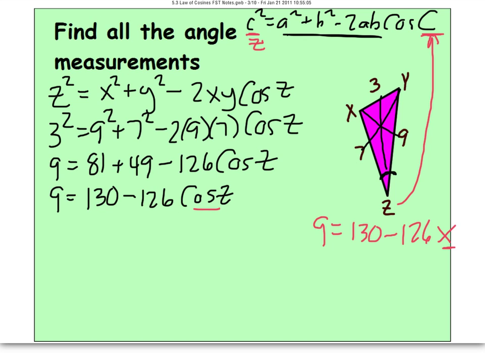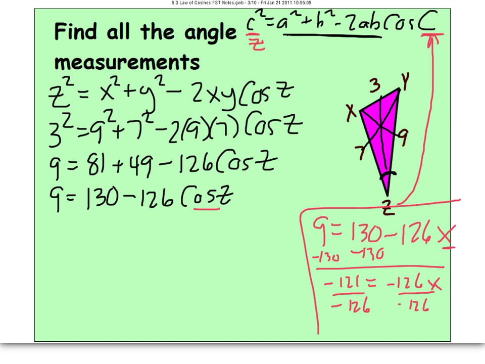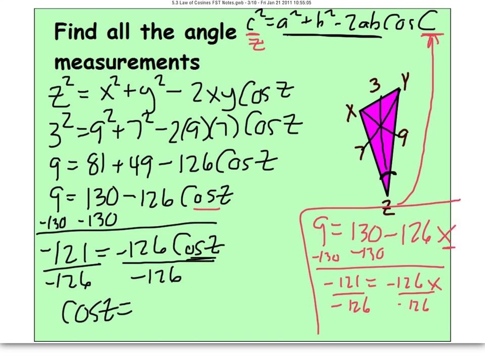So that's what we're going to have to do in this case, just like we would back in the algebra world. The first thing I have to make sure to do is keep this together as one term. I'm going to move the 130 by subtracting 130 from both sides. That gives me a negative 121. Leaves me with this on the right. To get cosine of Z by itself, I need to get rid of the multiplying by negative 126, and I divide by negative 126. So that's going to leave me with the cosine of Z is equal to